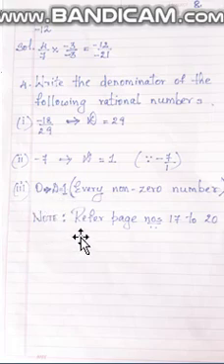Now you can refer to page number 17 to 20, children, and copy the sums in the arithmetic classwork. Hope you have understood all these sums and the explanation I have given you.